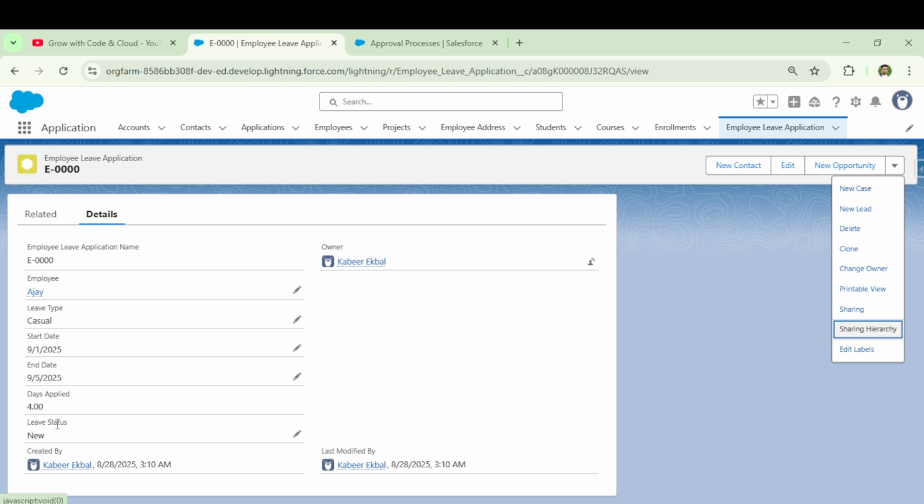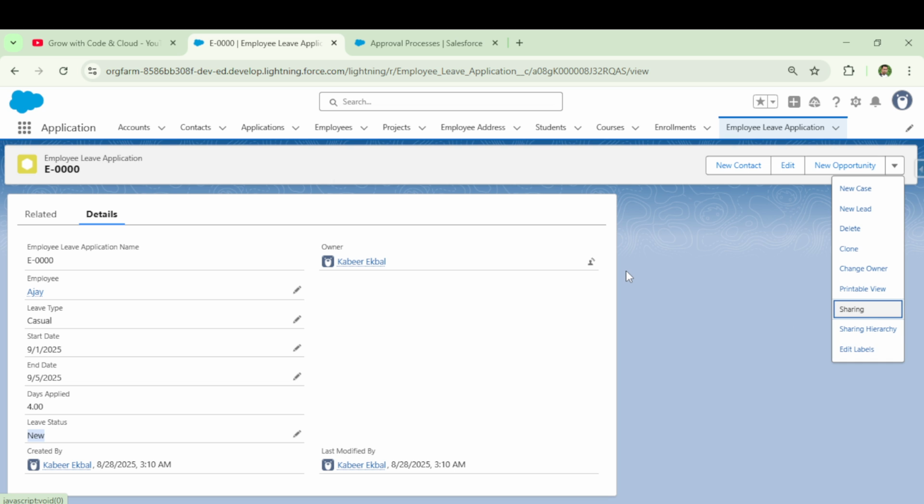Leave status should be new, because if it is already pending, again the user is trying to submit a pending record for approval, it should not go. And if the leave status is approved, and somebody comes here and submits it for the approval again, it should not go.